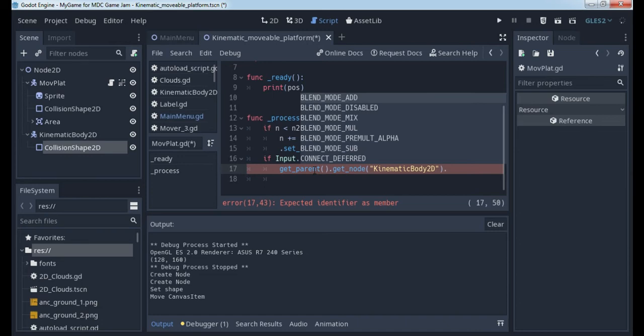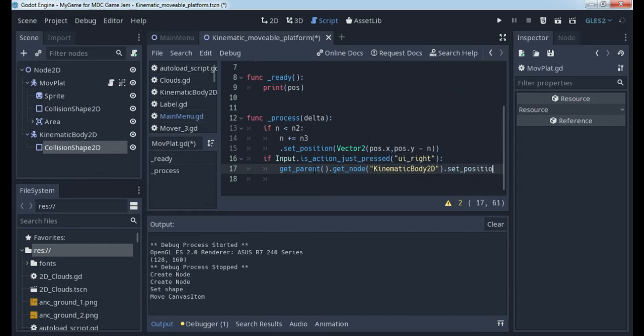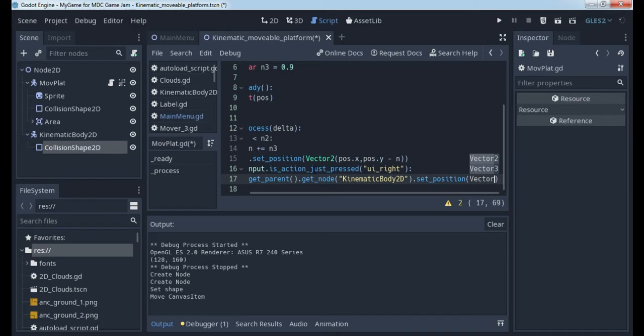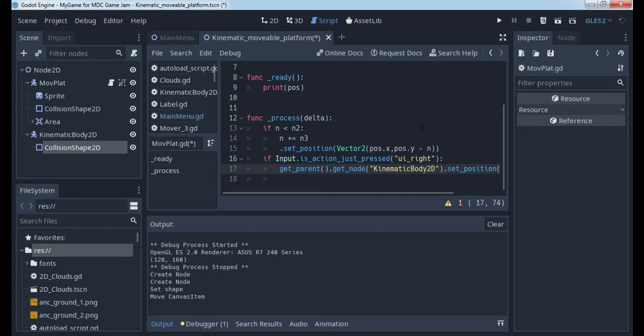So we will set position in a Vector2 variable, and this variable will have some parameter. For now we will write it 0, 0, and